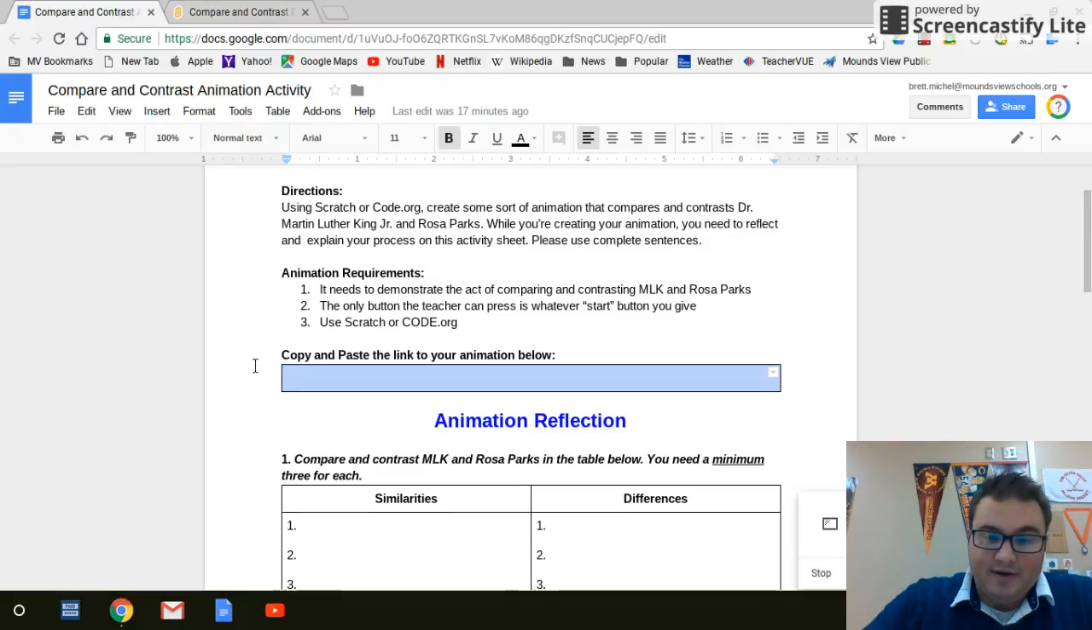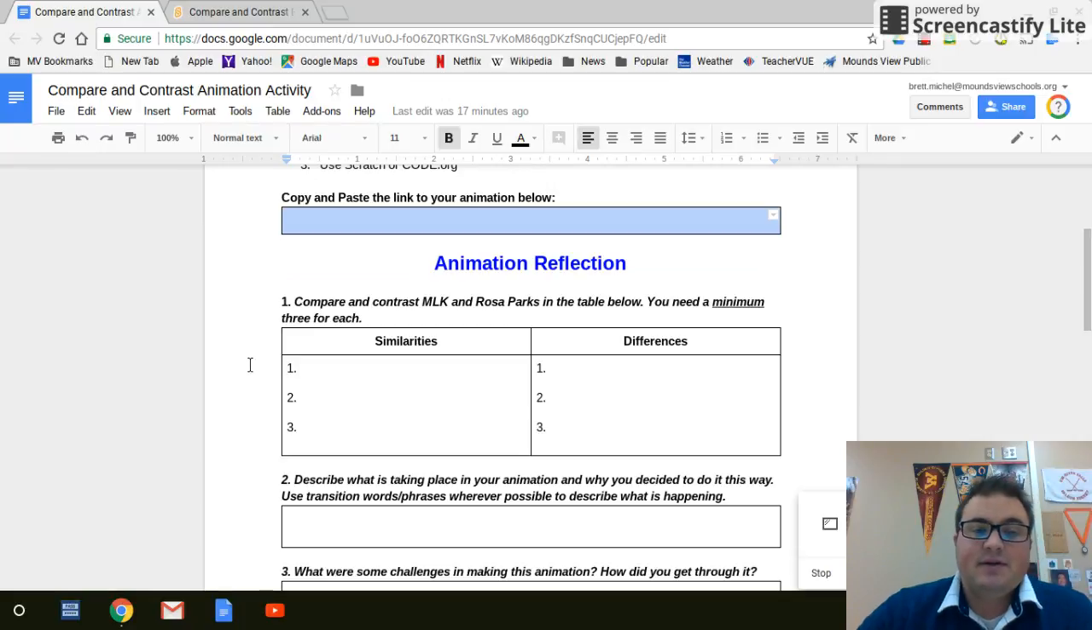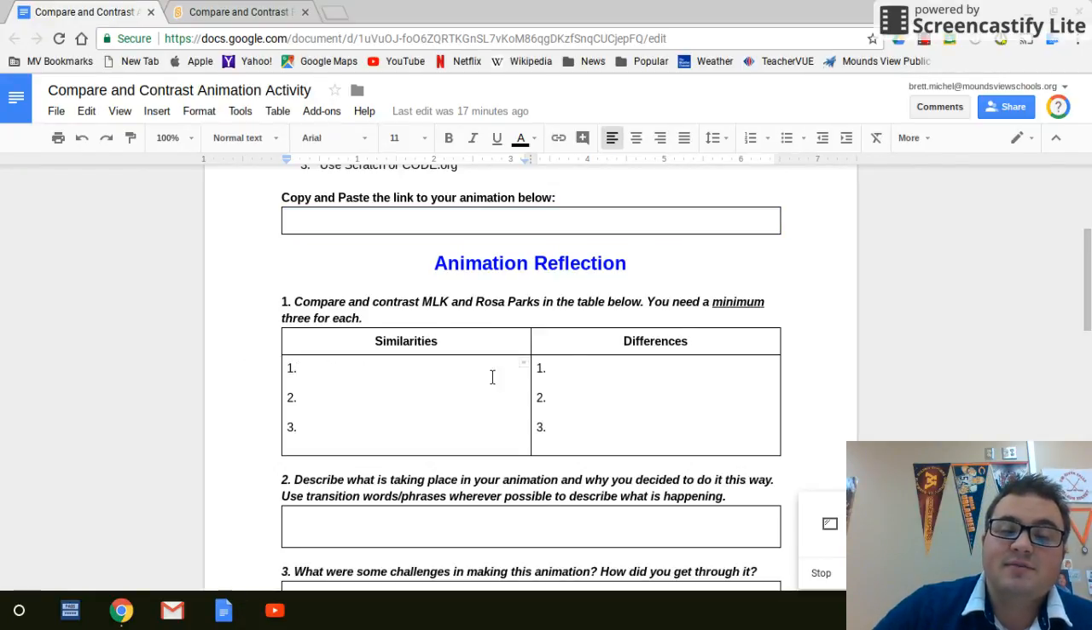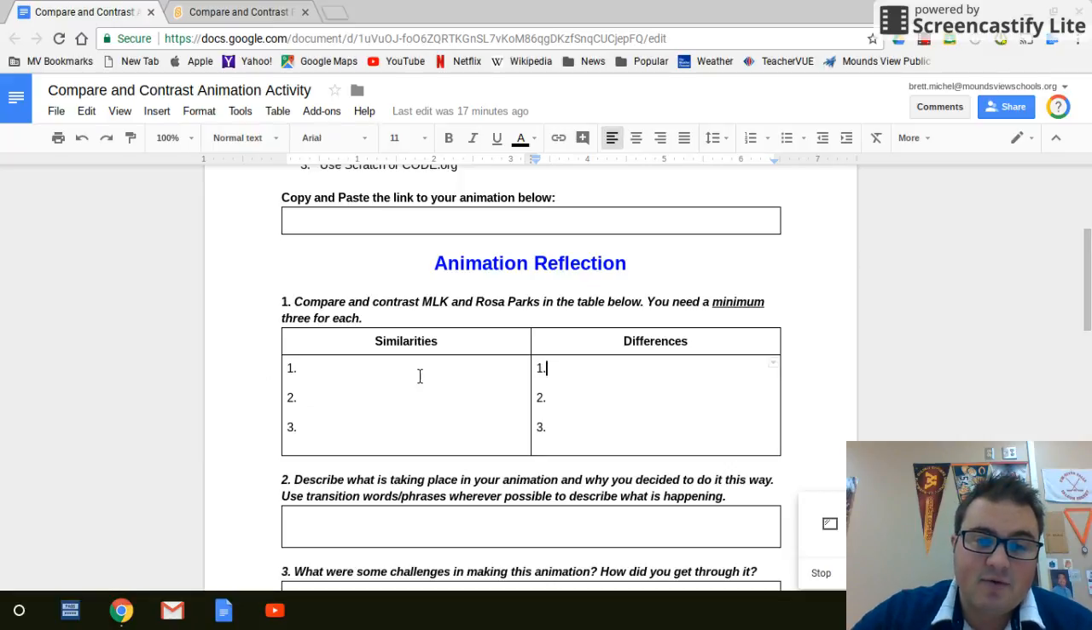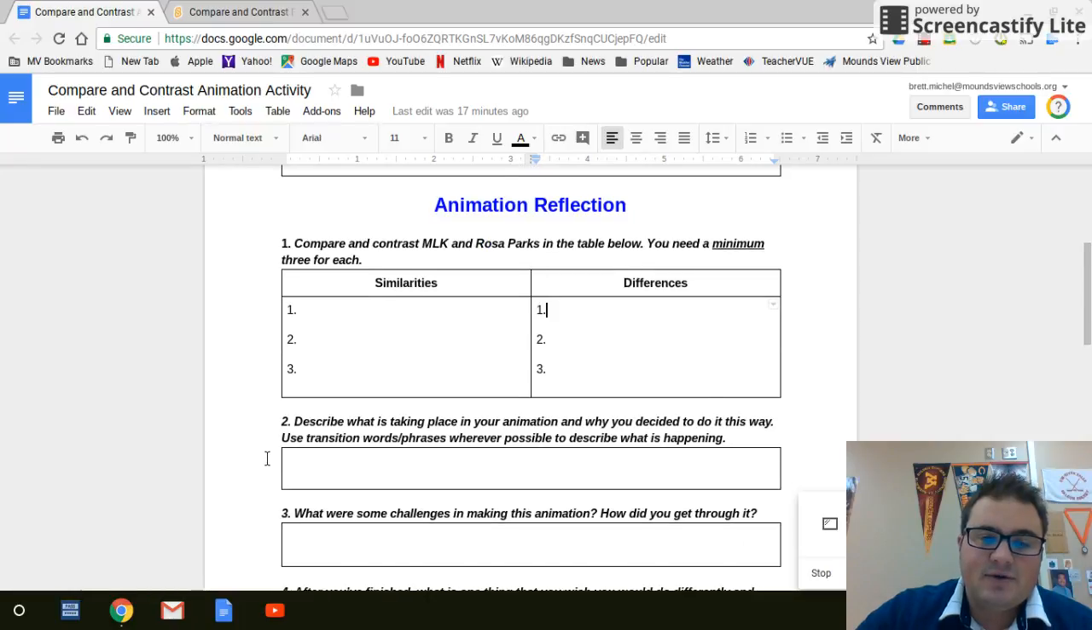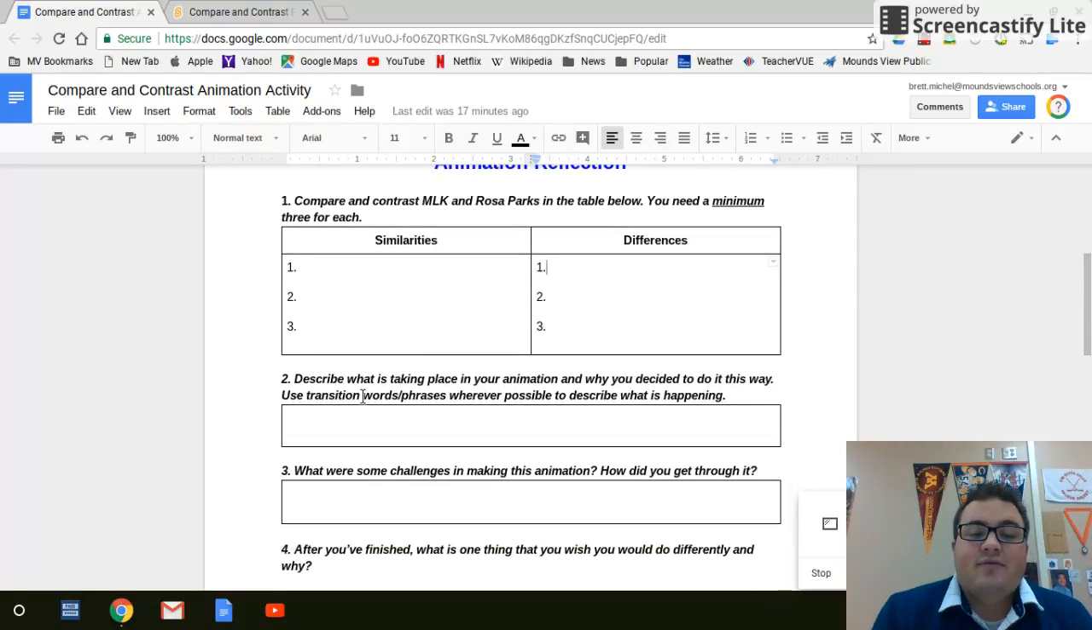Okay. All right. The reflection piece. You've read two articles, one on Martin Luther King and the other on Rosa Parks. Now I want you to find a minimum of 3 similarities and a minimum of 3 differences between the two figures. Okay? I would do number 1 before you start your animation, so that gives you an idea. Number 2, after you've completed your animation, I want you to take me through what's going on. This is going to be a 2-paragraph, more of a free write